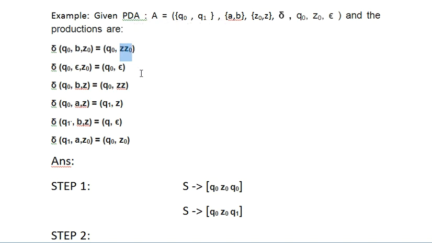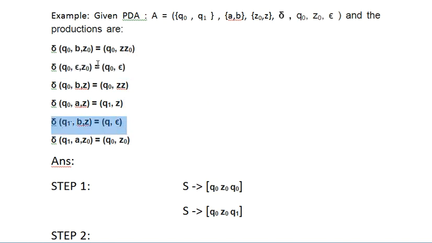As you know, in the transition function of a PDA, the last position generally gives you the stack alphabets. If the stack part is not empty, that means it doesn't contain epsilon and you have some symbols there, it means you are doing a push operation. You can see over here, this is not an epsilon, something is there, so it is a push operation. This is a push operation, this is a push operation, this is a push operation. And in this particular transition, the last one comprises epsilon, which means nothing is pushed onto the stack, so this is a pop operation.